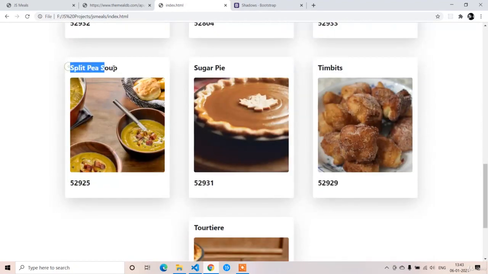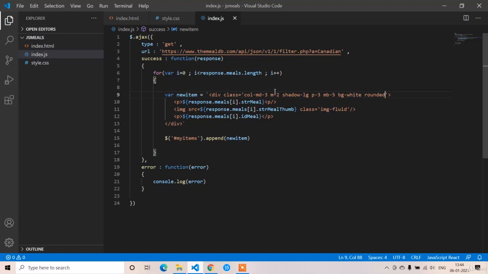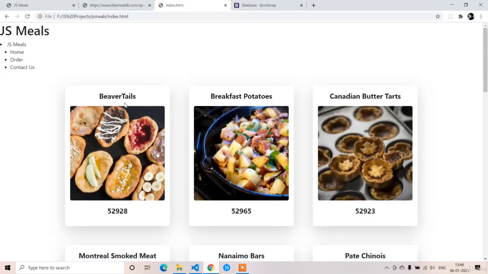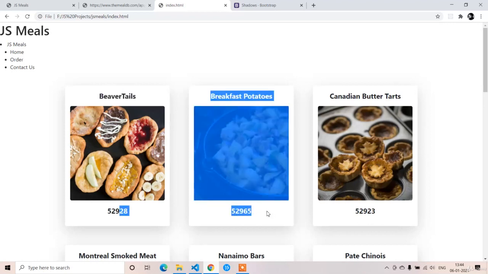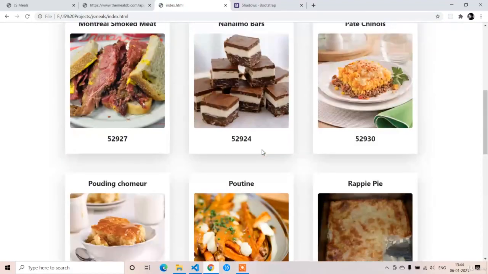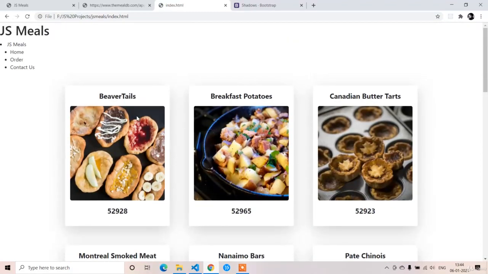If you want to center the image, that means item name and the id to the center of the page, then we need to apply the text-center class for the col-md-3. So here we need to apply text-center. Control S. Now all the things will be at the center of the page. Here you can see this is the name, these are the IDs and this is the image. So we have completed styling for this body area, that means the div element,